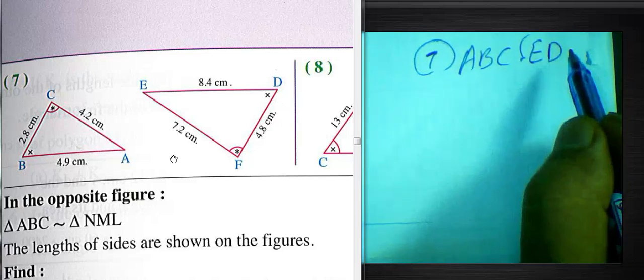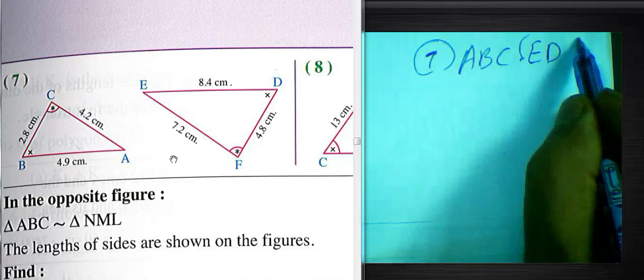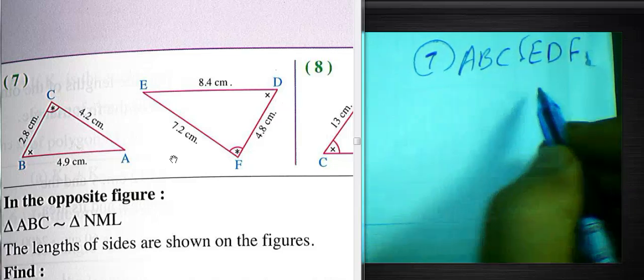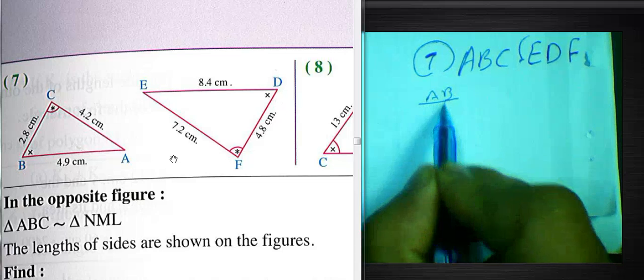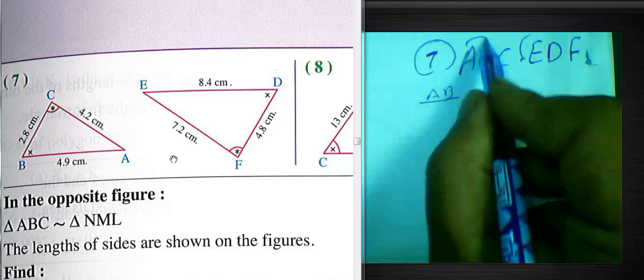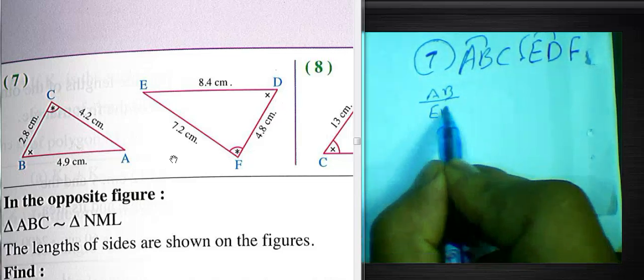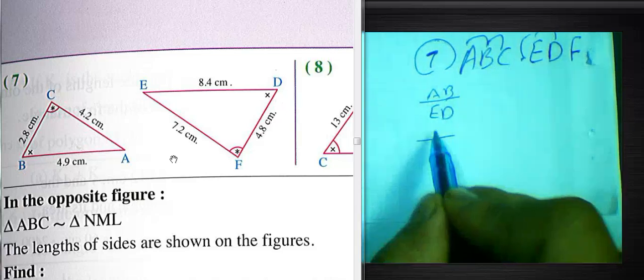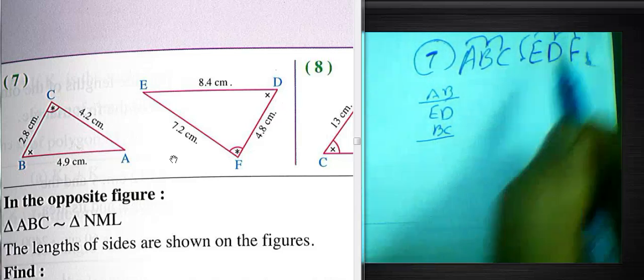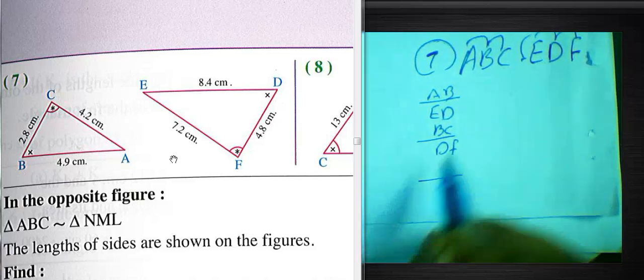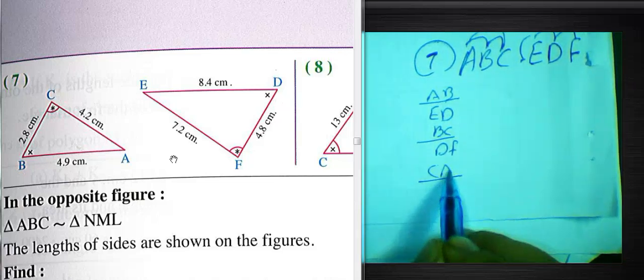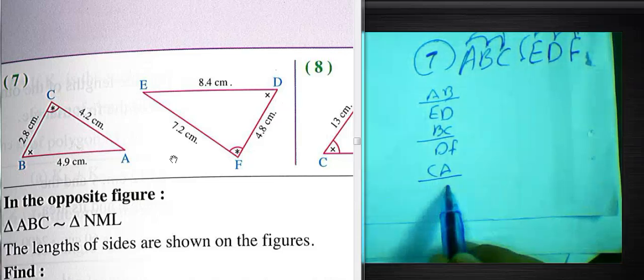Measure of angle C equals the measure of angle F. So we must find the ratio between AB and ED, BC over DF, and CA over FE. Okay,